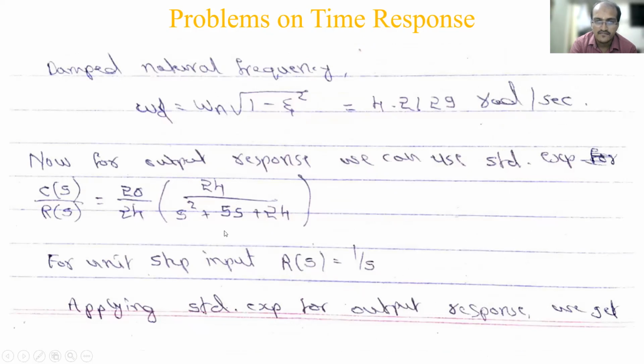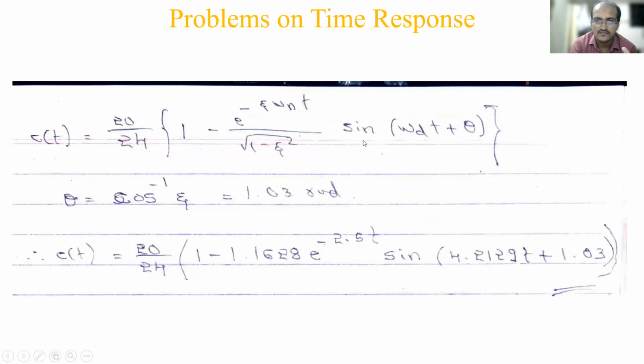Okay, and if that function is there, you know how to get the time response. So directly I have substituted in the formula. Then theta calculated and substituted all the things with the calculation. The only thing to be cautious about here is 1 over square root of 1 minus zeta square in the denominator. So 1 divided by that answer, you have to keep it in the numerator. Then it will be easy instead of keeping it in the denominator.